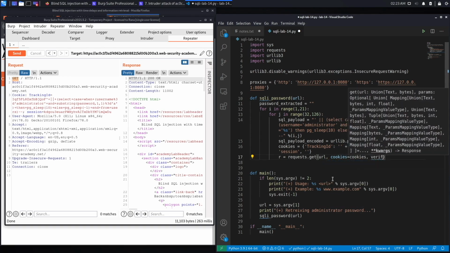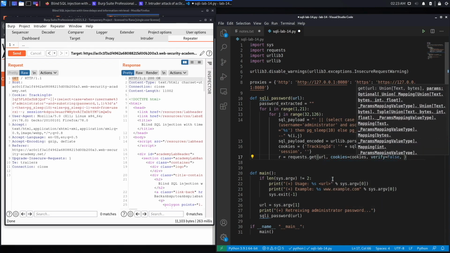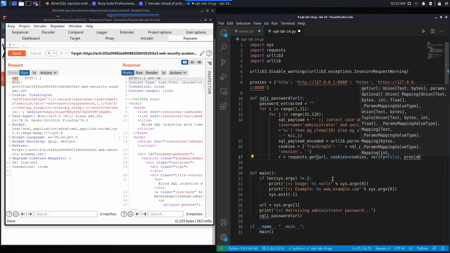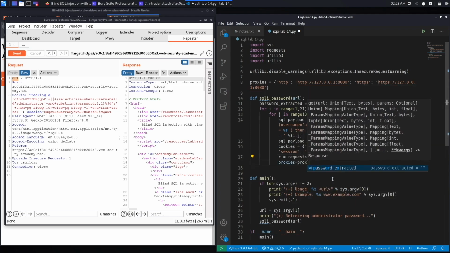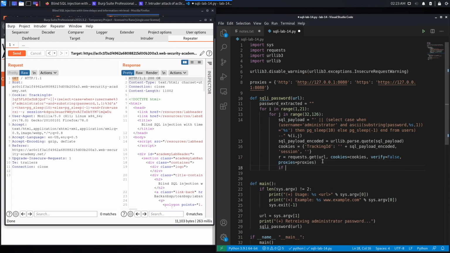Set verified to be equal to false because we don't want to verify certificates. And then we'll set proxies to be equal to proxies so that the request gets sent to Burp when the script is run. And then we're going to check if the elapsed time in seconds is bigger than, let's say, 9. So if it's 10 seconds or more,